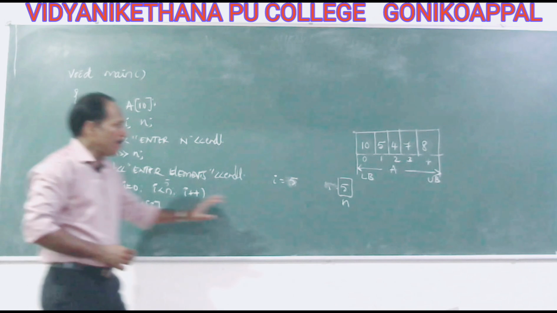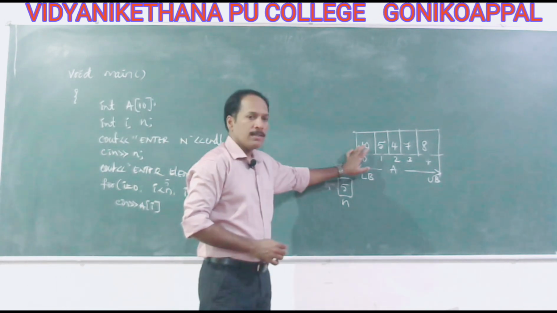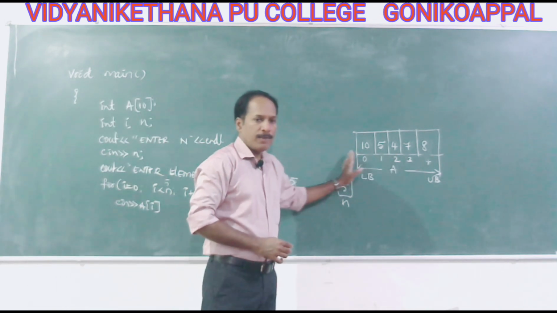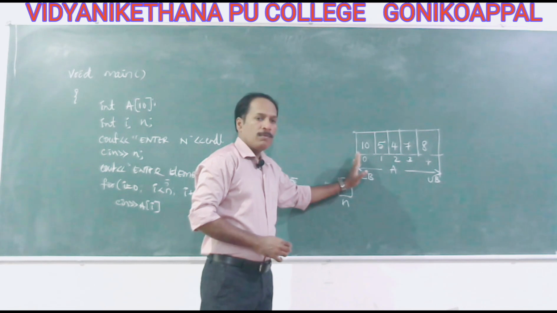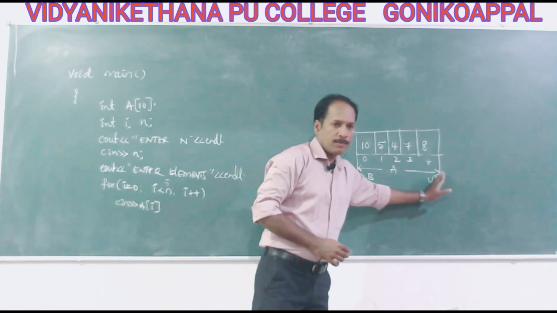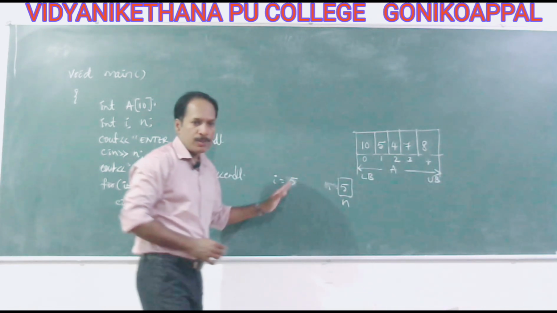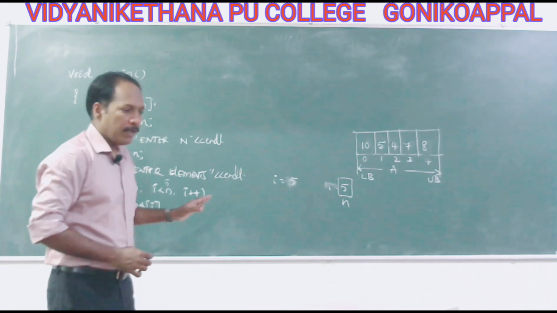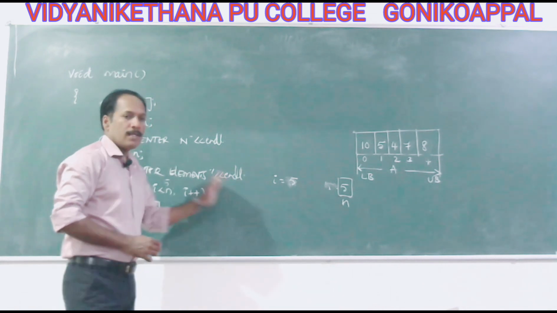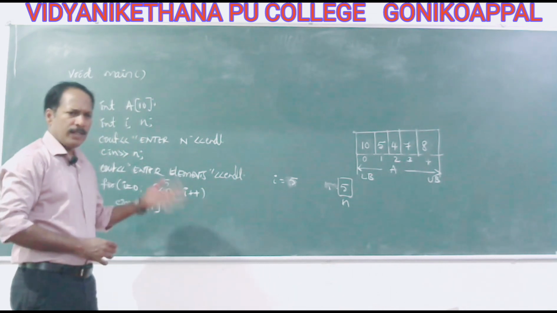So what I did, you can see here, I visited all the memory locations. That is, you have visited the array from first to last. We have 5 elements in this case, so 0 to 4, we have totally 5 elements. So this is the example of traversing. Like this, you take any example.